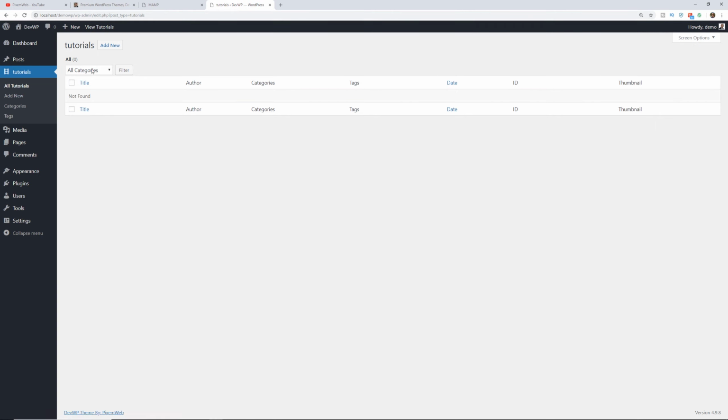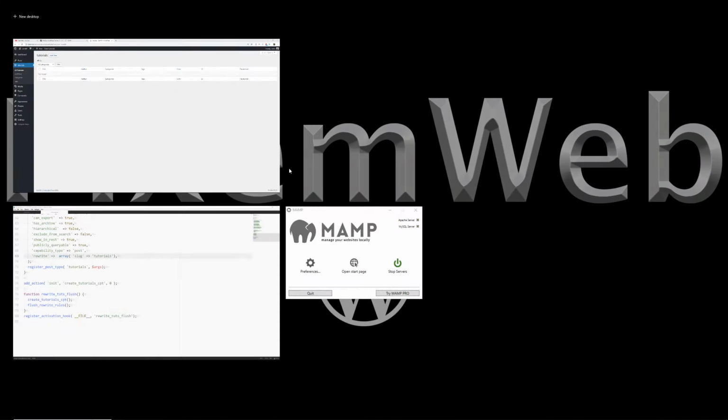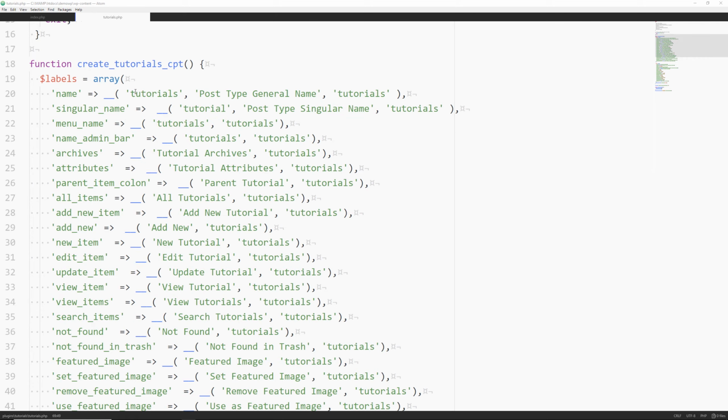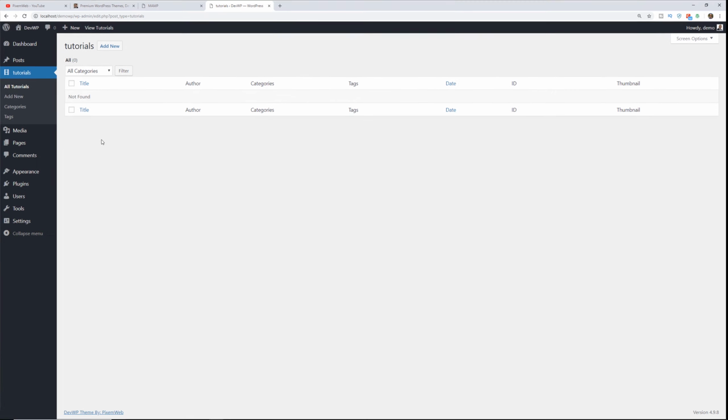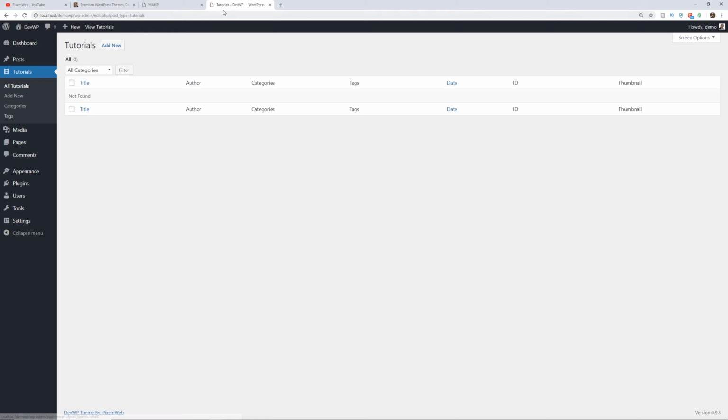We can add new. Let's clean up some of the way it's formatted here because you see it's not capitalized here. Let's go back here and we're going to want to change it here. Make that capitalized. Capitalize there. Capitalize there as well. And that should be it. Save that. Go back to the browser. Let's reload. And now you see it's capitalized up there, capitalized here, and here. And we have the support for categories and tags.